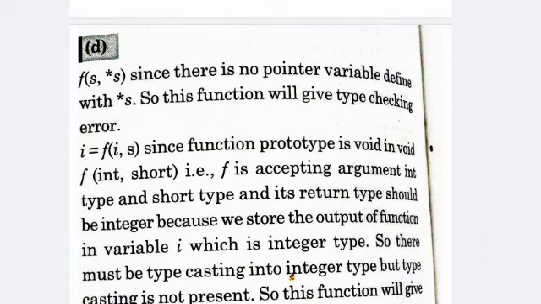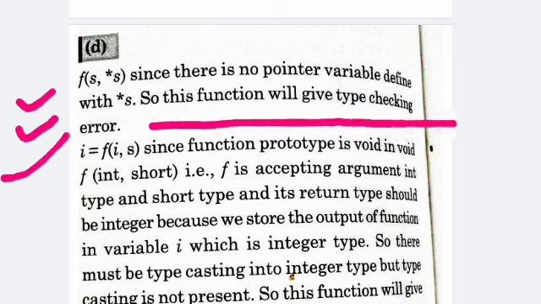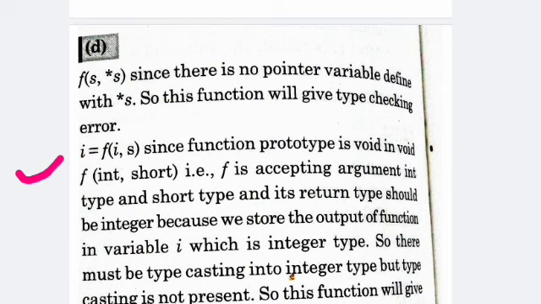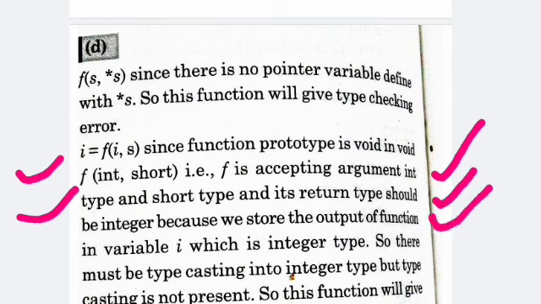So here giving f(s, *s): since there is no pointer variable defined with *s, this function will give a type checking error. Now i equal to f(i, s): the function prototype is void f(int *, short *), so f accepts arguments of integer pointer type and short pointer type, and its return type is void, so we cannot store its output in the variable i, which is of integer type.